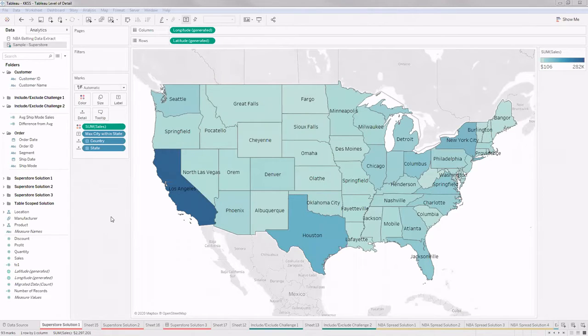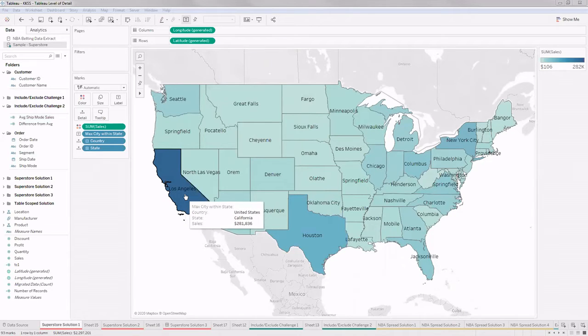Okay, so basically, let me explain the question here. We have sales. We are working on sample superstore data, and we need to show basically, we have different states here and cities inside each of these states. Now we know that different cities have different sales in each of these states.